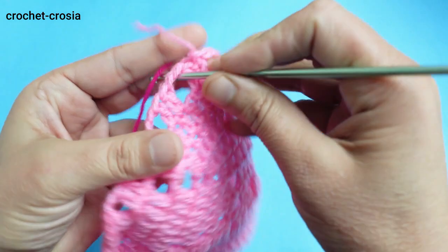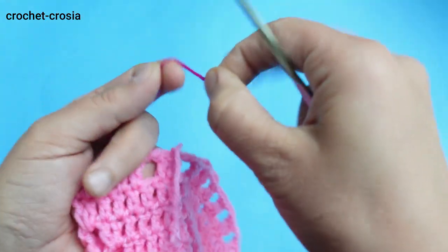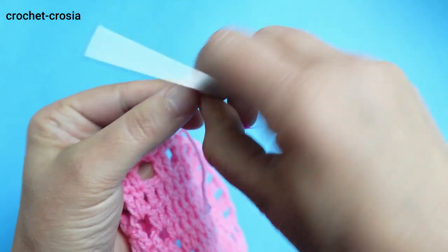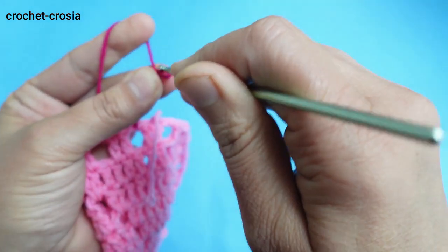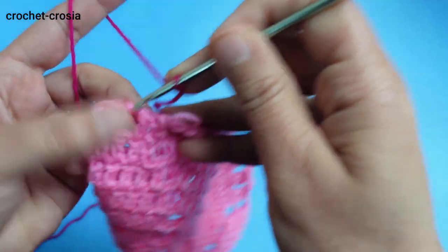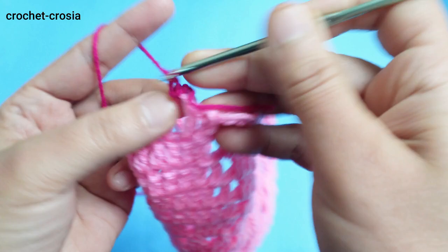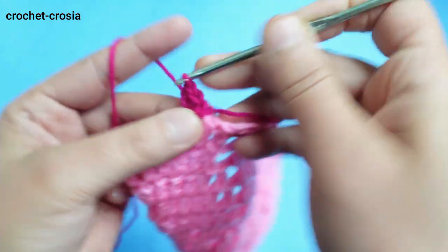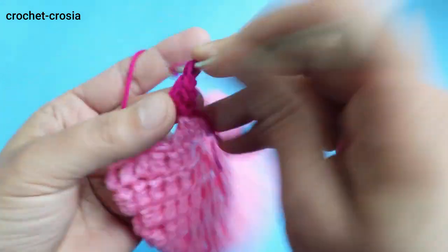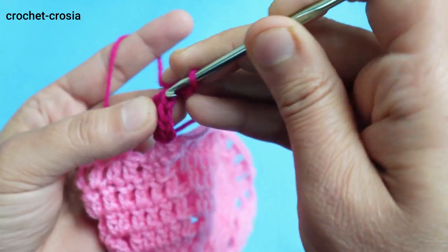Change color. Make edging lace into the chain space, make a slip stitch, chain 1 and make 1 single crochet, half double crochet, double crochet 2, 1, 2, 2 chains and make 1 slip stitch,